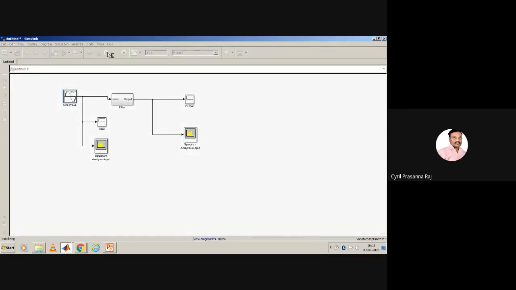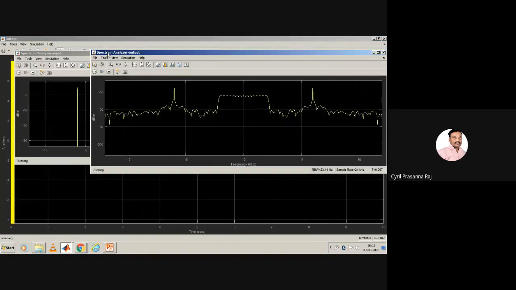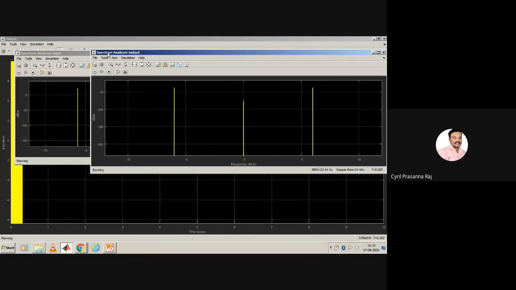Again, we are trying to see whether the filter should not allow frequencies above 4000. All of them should be stopped. Let us see whether it is working as an FIR filter according to the requirements we designed for. Okay. It will go up to t equal to 10 here.